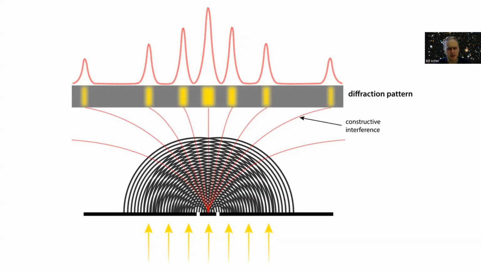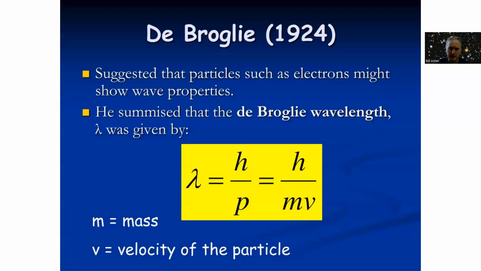And once that was realized, here's a picture of an actual electron diffraction spectrum, where electrons are diffracting through a grid, and you see these bands of light and dark where the electrons are diffracting through. So it was known now that electrons could behave as waves, and that led de Broglie in 1924 to come up with the de Broglie wavelength of an electron,